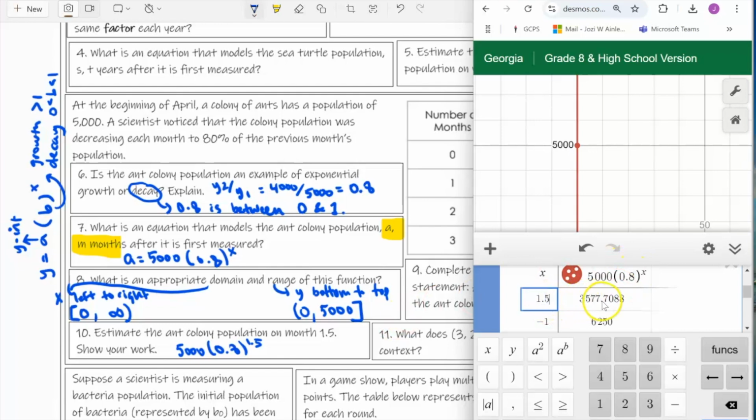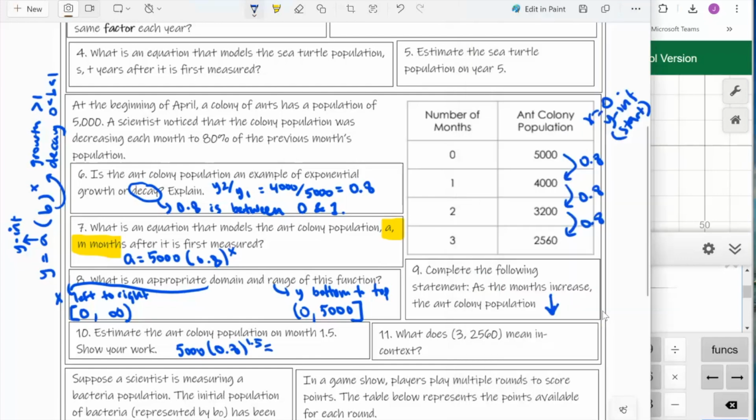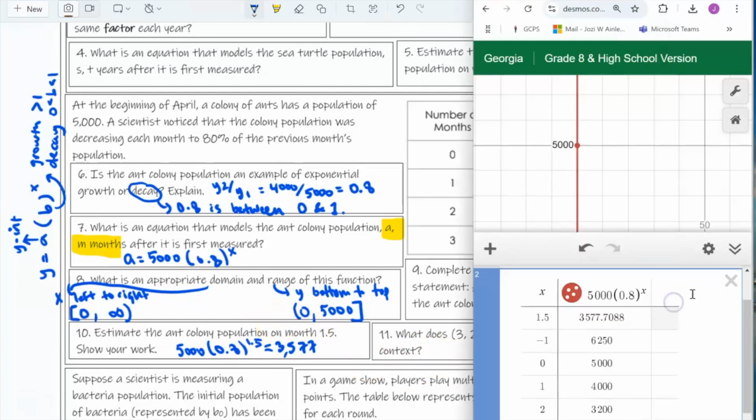And now this is a real world problem. So can I have 0.7 of, what is this, ants? Can I have 0.7 of an ant? No. But I can't round it up to 8 because this is not a full ant. So the answer is 3,577. All right, and because I totally forgot to do this by Desmos, I'm going to redo the entire question